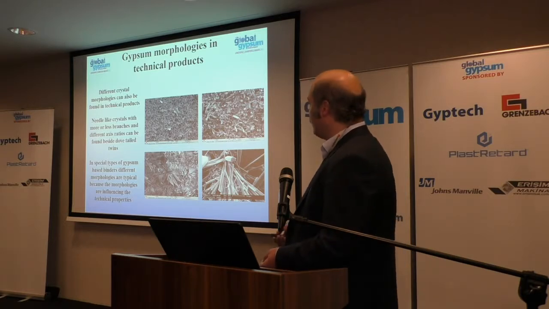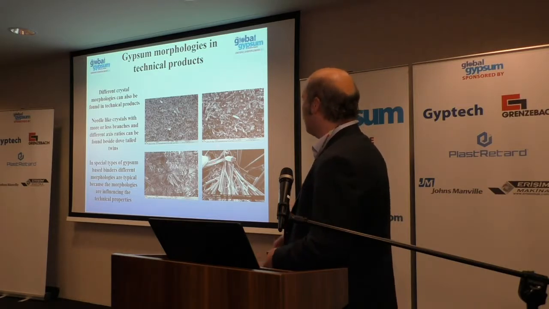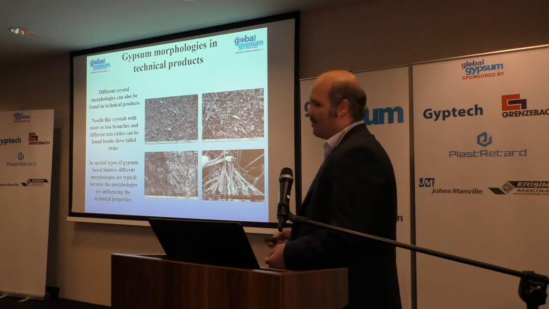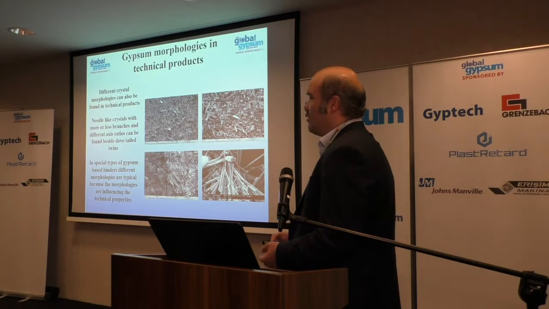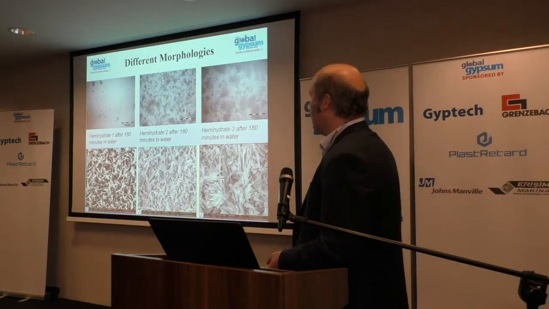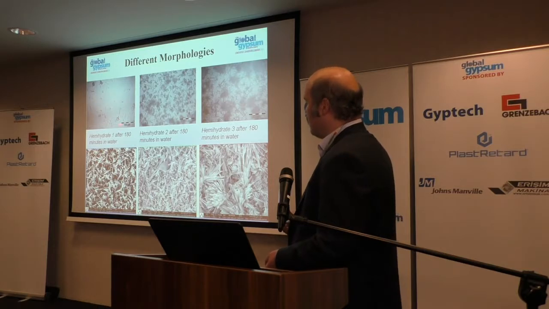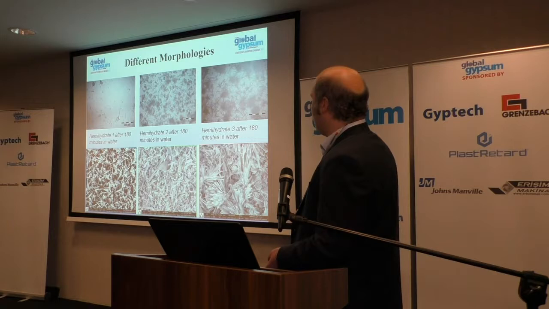Then we checked if these morphologies could also be found in technical products, and yes, we could find them in technical products. We have smaller or larger crystals with more or less branches, even dovetailed twins. It sometimes looks very nice. And so the question was, did that influence the technical properties? Did that influence the created gypsum stone? And we checked that with 3 different examples: larger crystals with fewer branches, shorter crystals with fewer branches, and larger